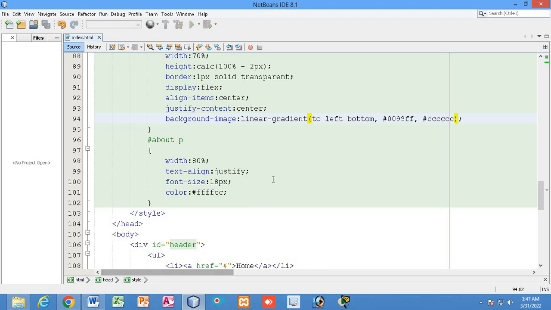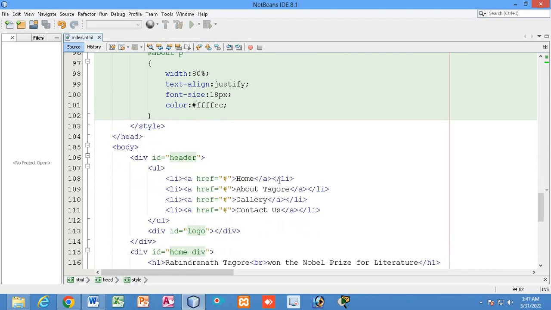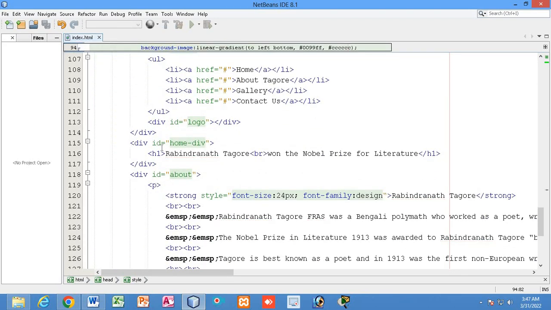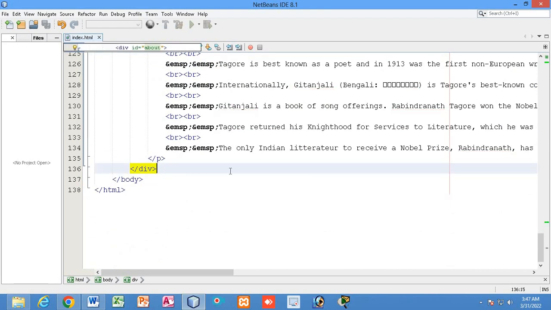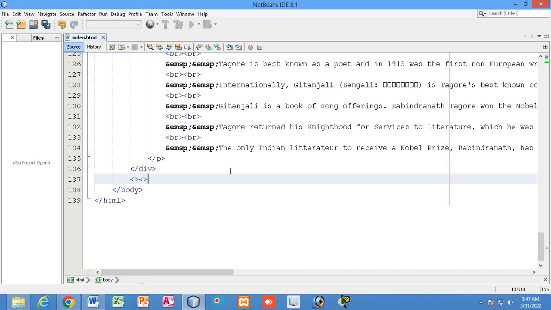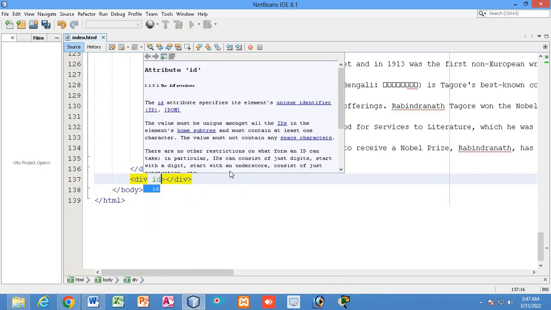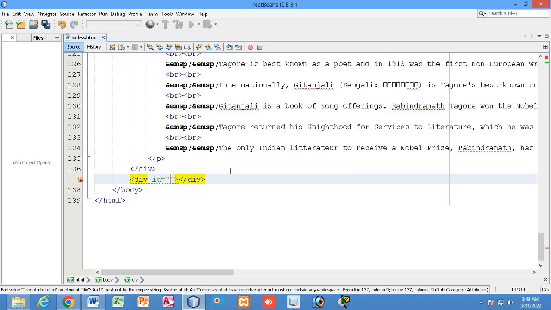Now here, I have done two sections. The first section is home, the second section is about, and just below the about I will create another section, right? Gallery. Here in the gallery section I will write id equal to gallery, right?